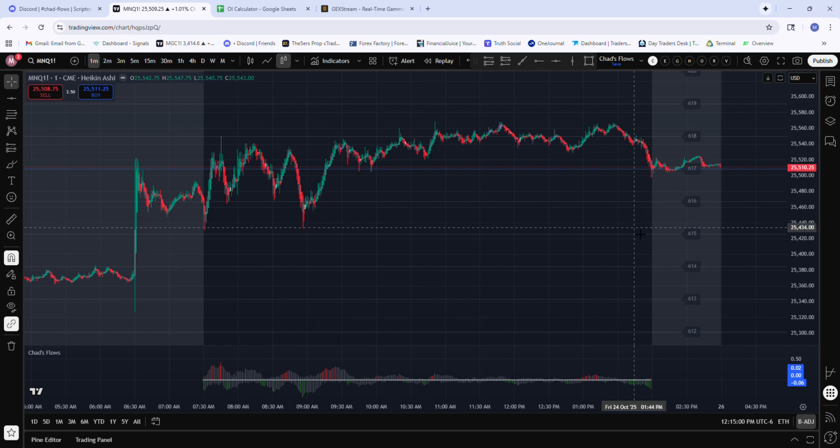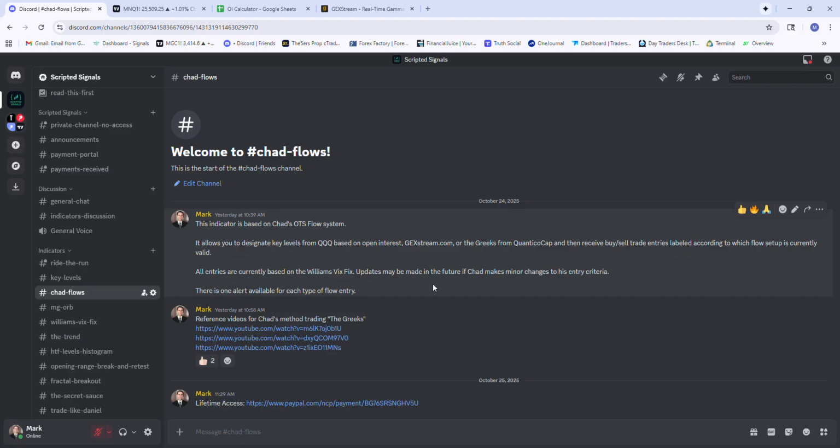Alright, here we go. This is a tutorial video for the CHADS flows indicator that I have coded. Start over here in the Discord. It's an indicator that's based on CHADS OTS flow system. It allows you to designate key levels from QQQ, which is the options version of the NASDAQ, or the NQ,